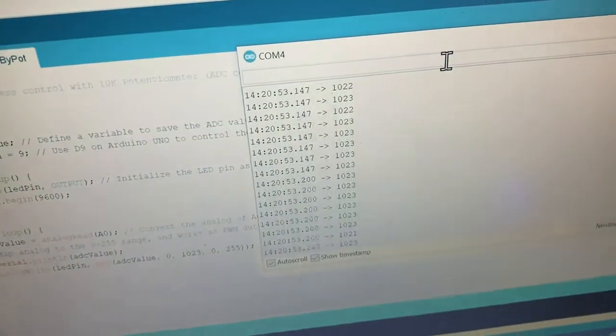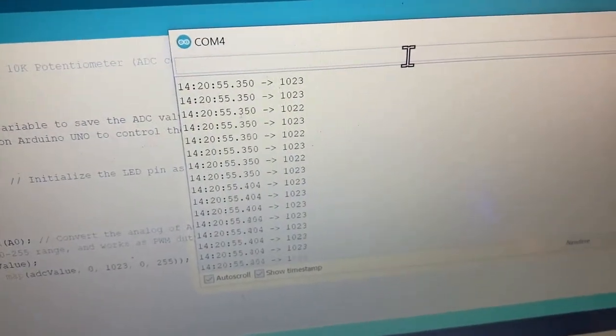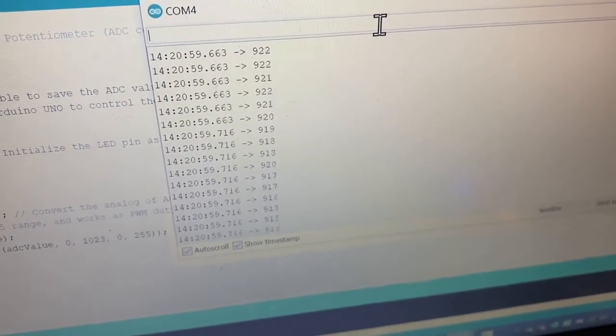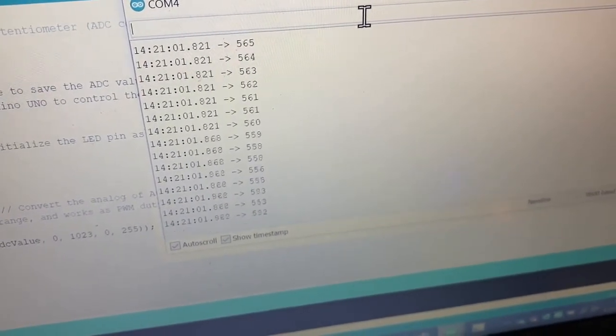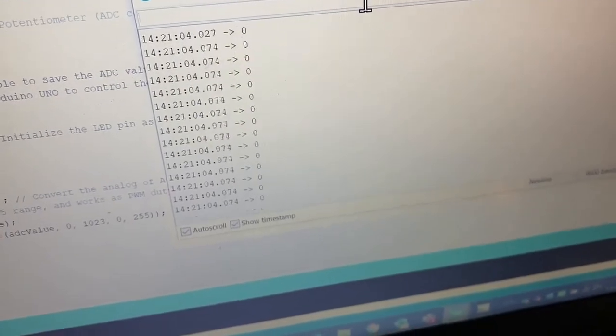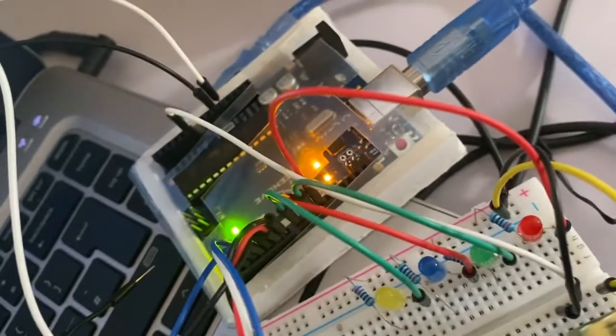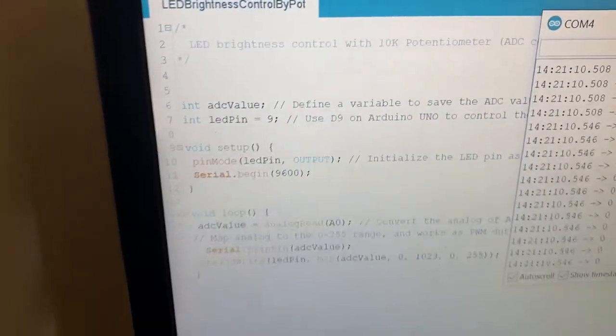If you notice the serial monitor, which is mapped to my COM4 port, I will reduce from 1023 till the 0 level, and the LED brightness has stopped now. The code explains this.